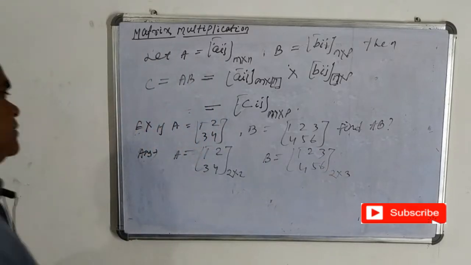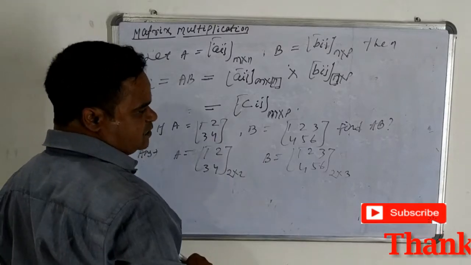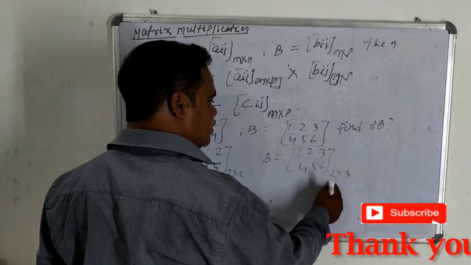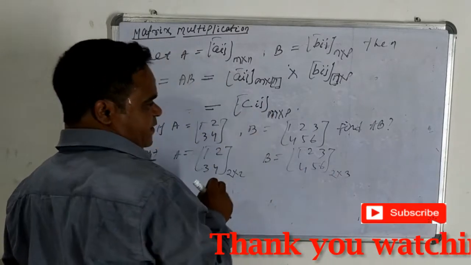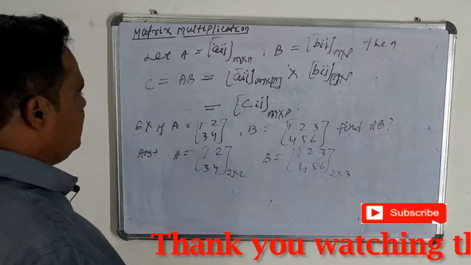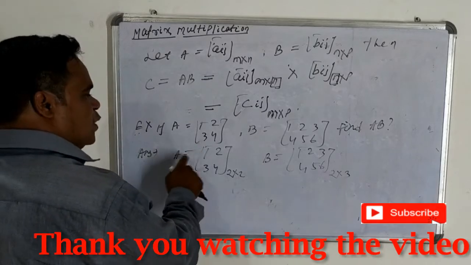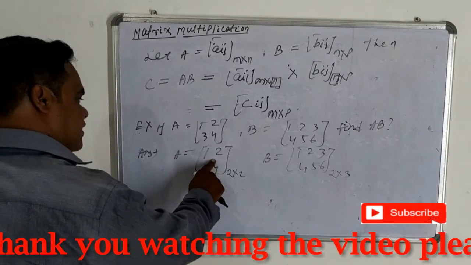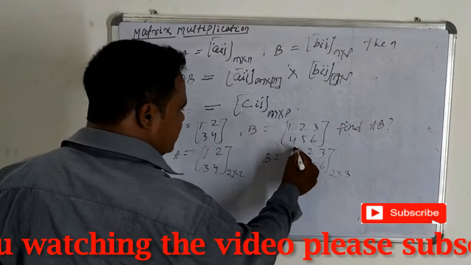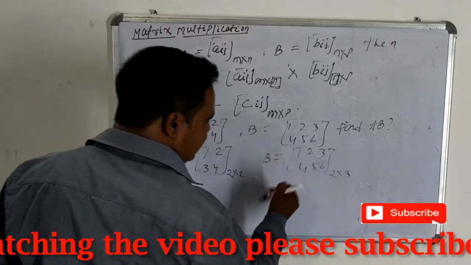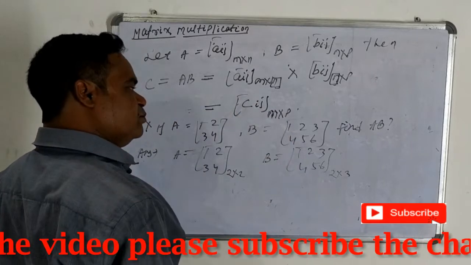First of all, we check whether the number of columns in the first matrix and the number of rows in the second matrix are the same or not. They are the same, so matrix multiplication is possible. This is the general form. Now I will show a shortcut trick. First we check the elements of the row. The first row of matrix A has two elements, 1, 2. Then we multiply with the column elements of the second matrix, 1, 4. Two elements are there. It is the same, so the matrix multiplication is possible.